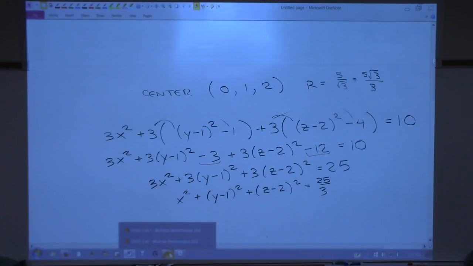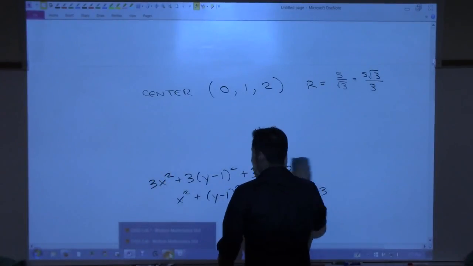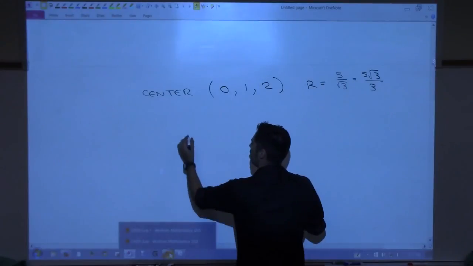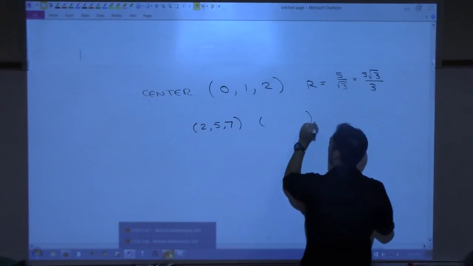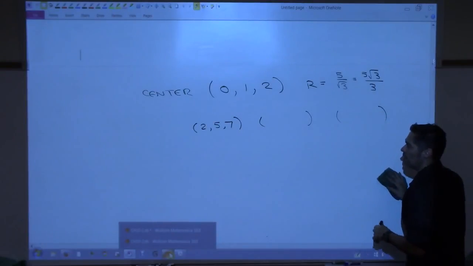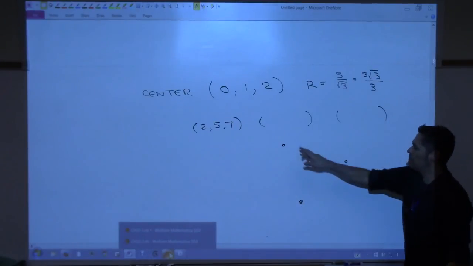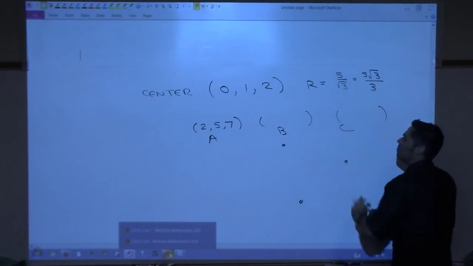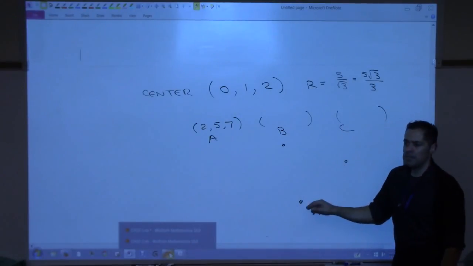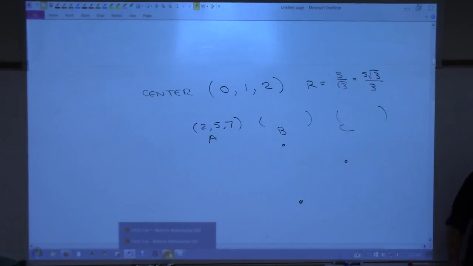There's another problem in the homework. I'm not going to put it up here and do it. There's another problem in the homework where they give you three points. So they actually give you, like, I don't know what they are, 2, 5, 7, then some other point and some other point in three-dimensional space. And they ask you to find the distances between the points. So they call this like point A, B, and C. Ask you to find the distance between A and B, then between A and C, and then between C and B. And then they ask you this question: